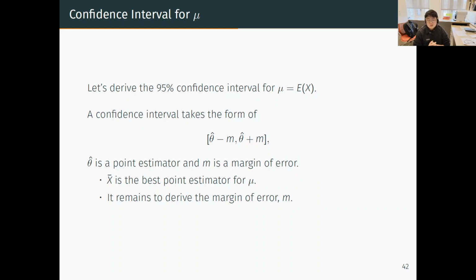So what we have is a point estimator. Point estimator is given, calculated, and I chose my confidence level 95%. I'd like to make up an interval that contains the true parameter with probability 95%. Then what remains to do is the margin of error. How can we find the margin of error that gives you 95% around the interval? That is our task, right? So I will do that derivation.